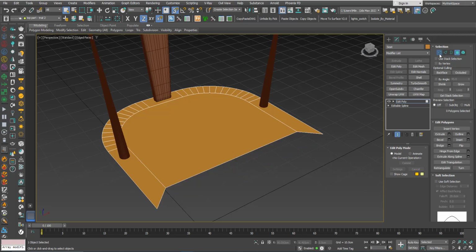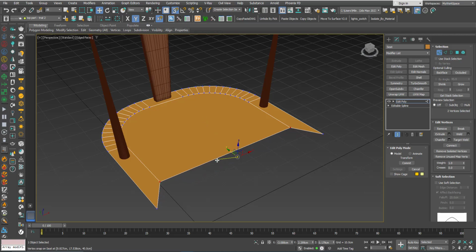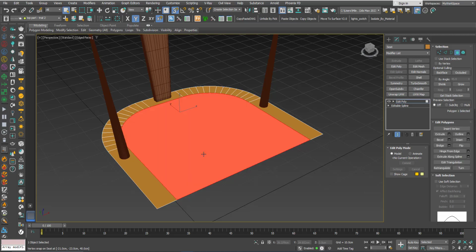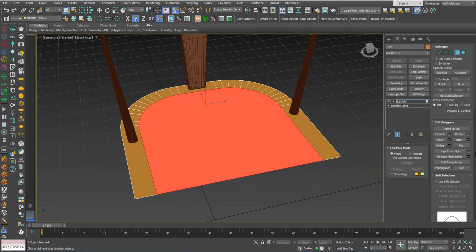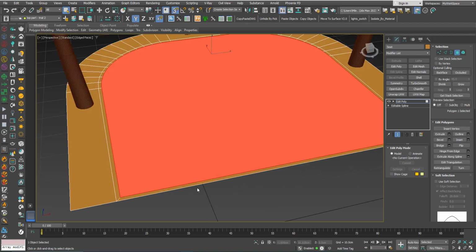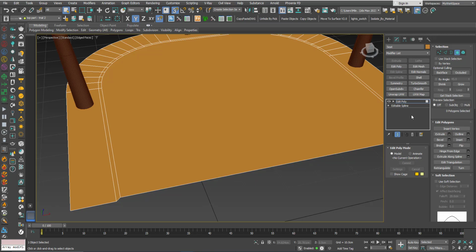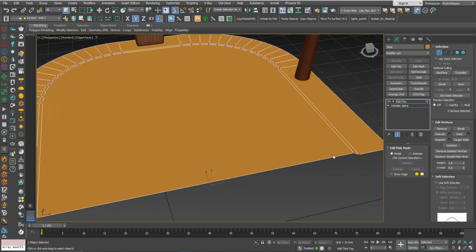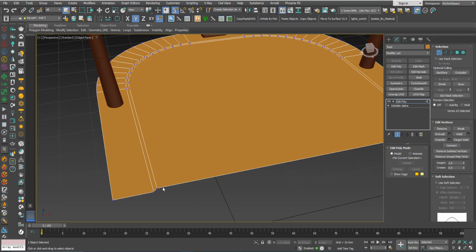Delete this and move using the axis constraint and snap. Now select this again, a small inset, 0.5, and delete this. Again,